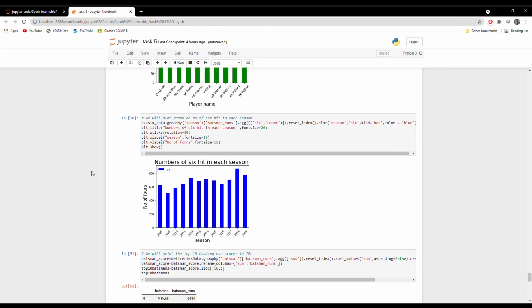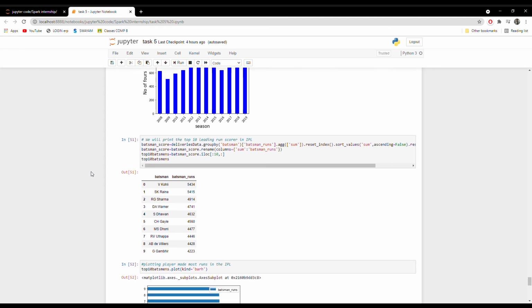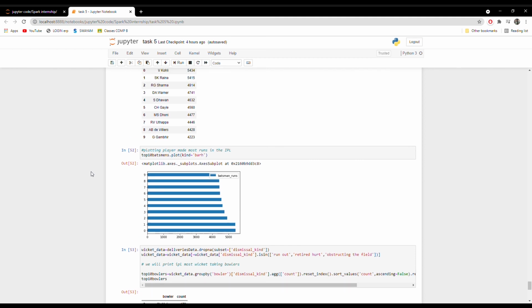Then plotted the graph for number of sixes hit in each season, where 2018 was the year in which the most sixes were hit. Then by doing the sum of the runs scored by each player, the top 10 leading run scorers were extracted. Also plotted the graph for the same, where V Kohli has scored